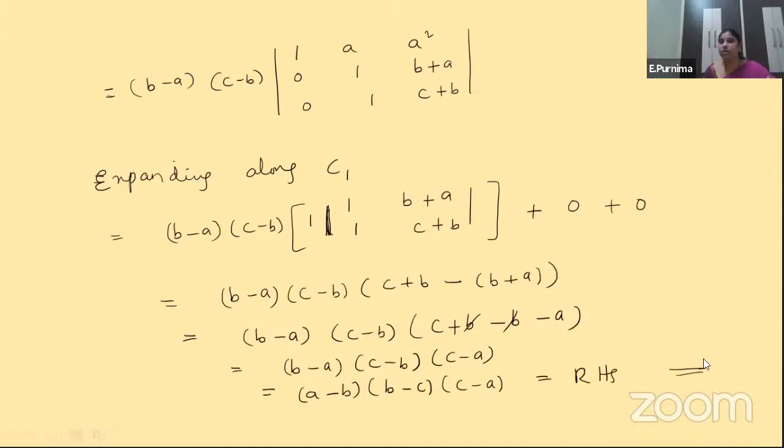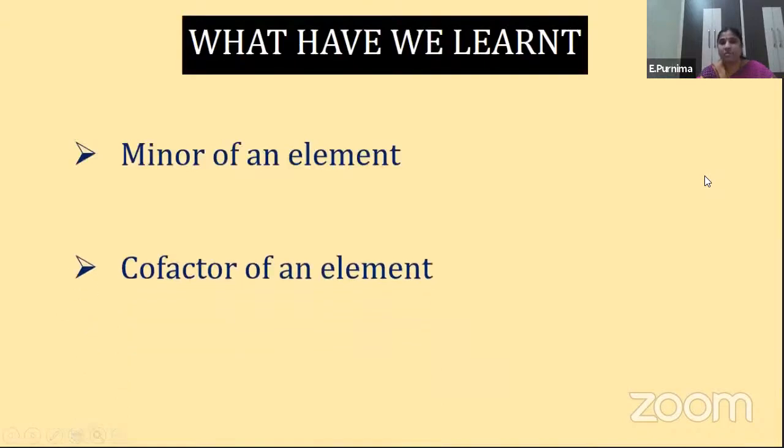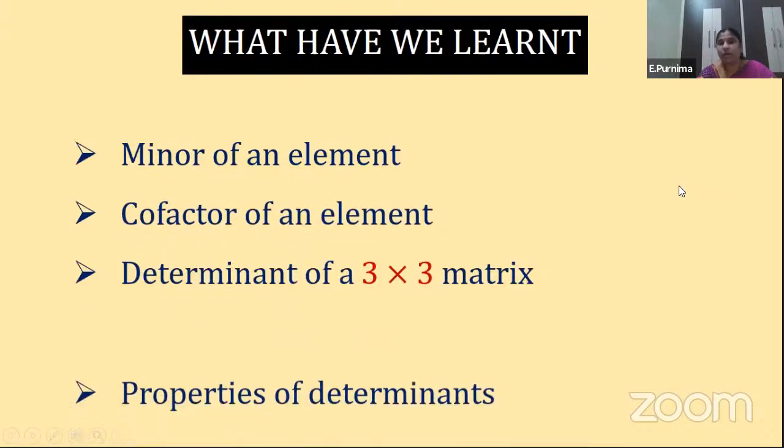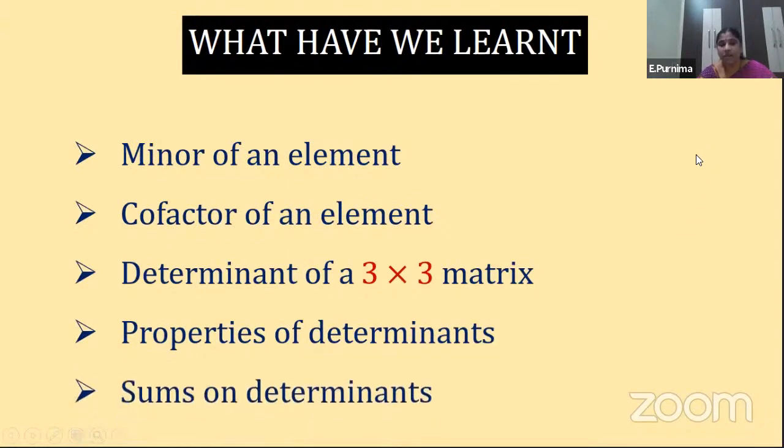Clear? So like this, we have to solve the determinants of the 3 by 3 matrix. Children, very, very important exercise this is. You get one 7 marks question from this exercise. I hope you understood the class very well. So let us see what we have learned in today's session. Minor of an element we have seen, cofactor of an element, and determinant, how to find it, and very important properties we have discussed, and notations we have seen, and a few sums we did on the determinants. Minor is nothing but the row and column, in which the element is present, should be eliminated, means covered. Is it clear? And cofactor means minus 1 to the power of i plus j into the minor of that element. Clear? That is very, very important, children.